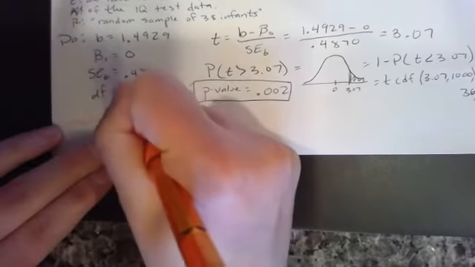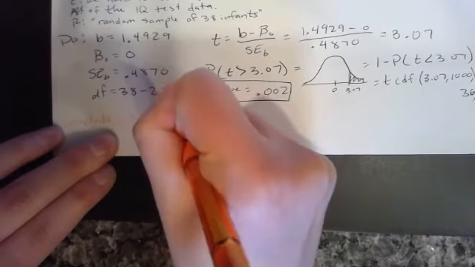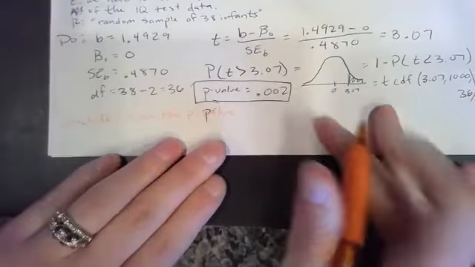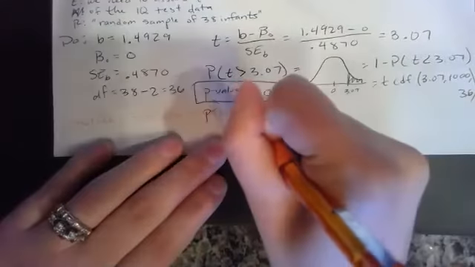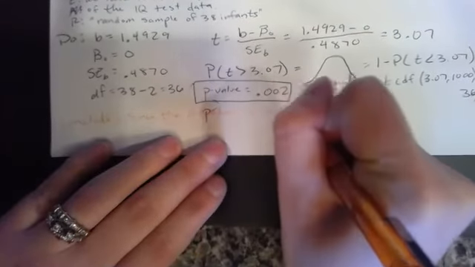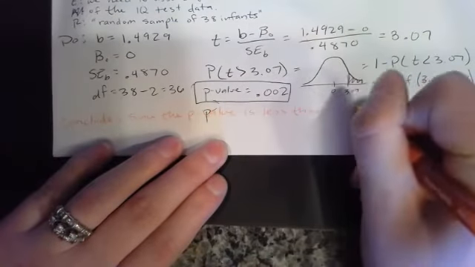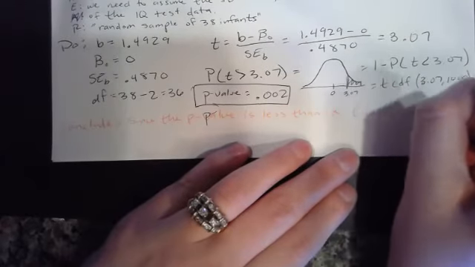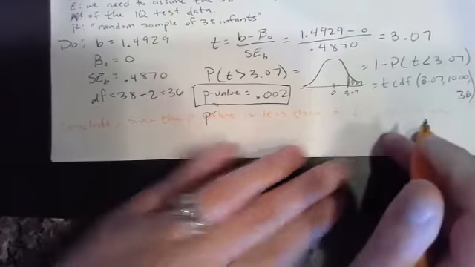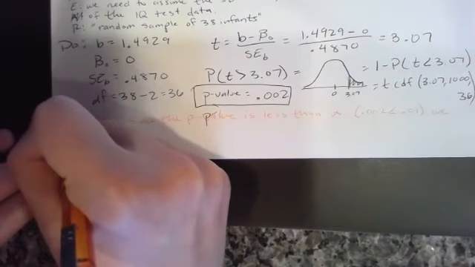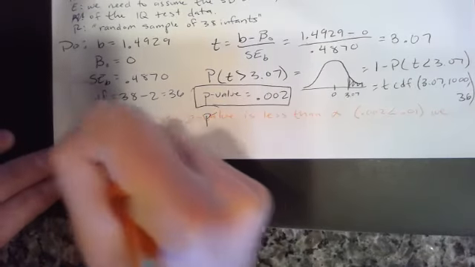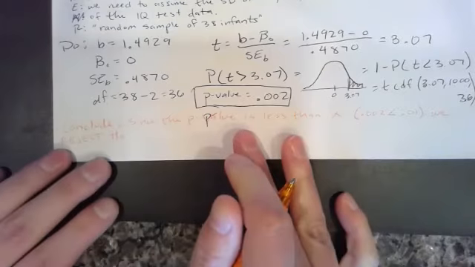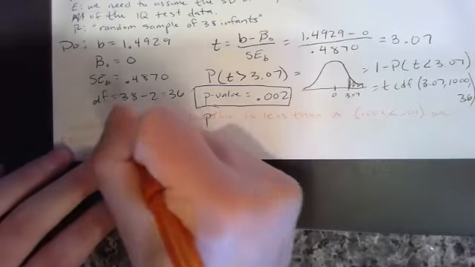So we would say since the p-value is less than alpha, 0.002 is less than 0.01, we reject the null hypothesis. We reject H naught and conclude